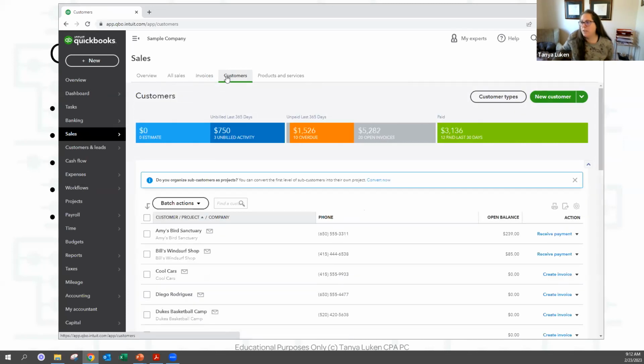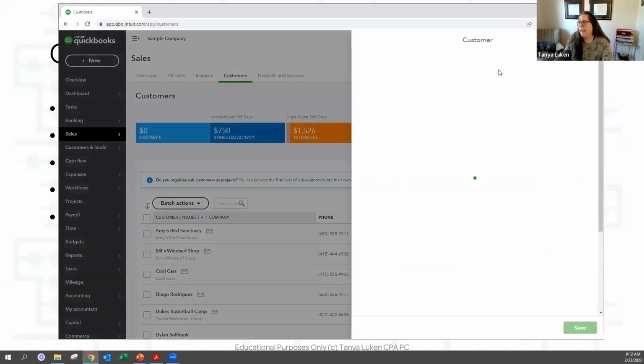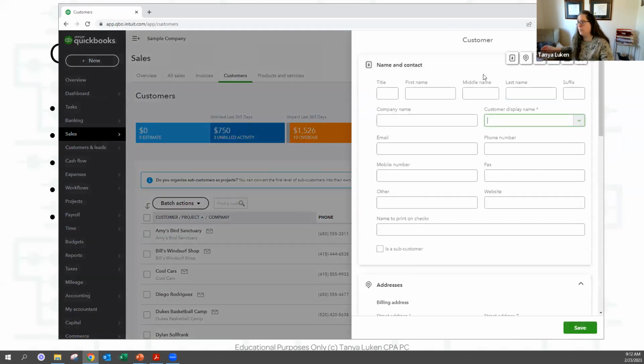Okay, so back to your customers. If we wanted to create a new customer, we would come into our customer list and click New Customer. And of course, I'm going to use my office mate here. Ordinarily, you could not have the same name as a customer and a vendor. You would have to differentiate between the two. But because it's a sample company, when I closed it yesterday, me adding Barbara Gordon, who, for those of you that were here, is my dog, as a vendor is now gone out of QuickBooks. But otherwise, you wouldn't be able to do it.